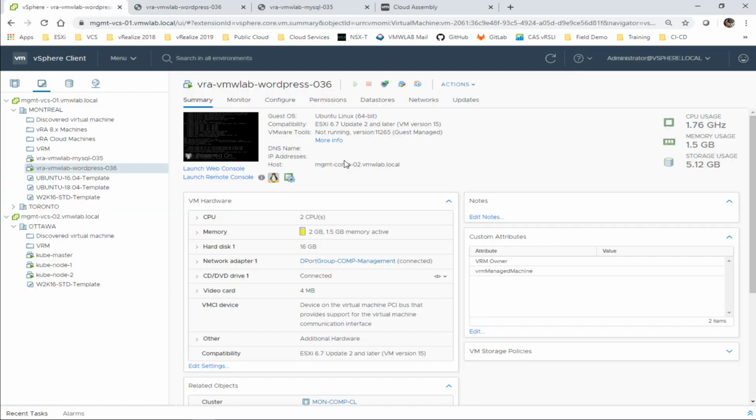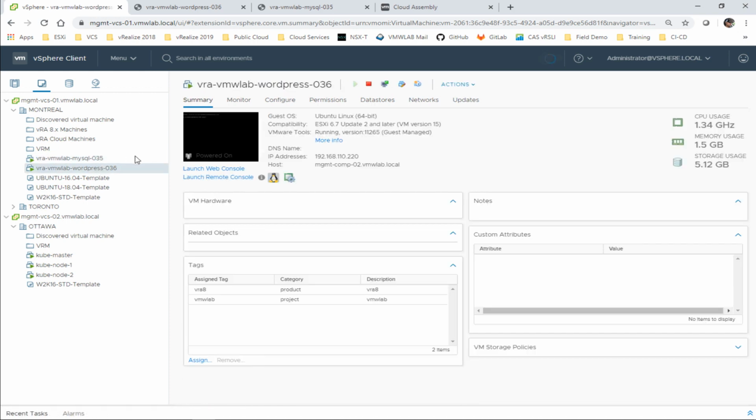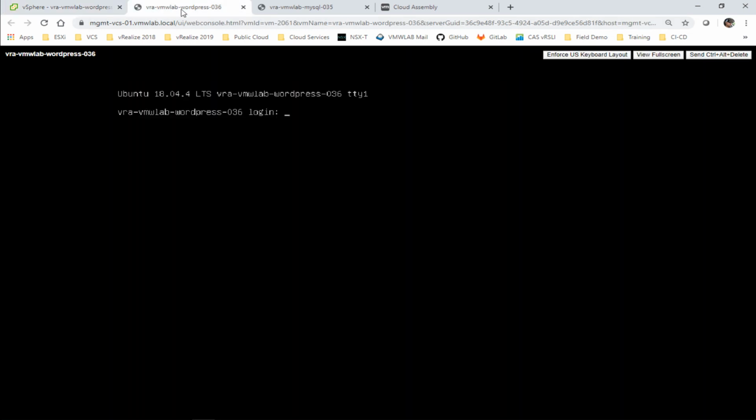So the same thing is going to happen here. The hostname has been updated. The IP address should also be visible in a second, from the range that we set, 220. And if I log in here real quickly and do the same set of commands that I did on the other one,